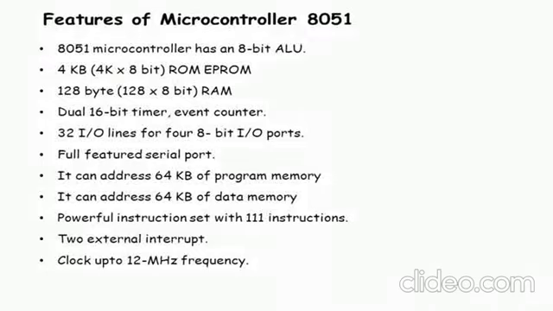Altogether you have 111 instructions. Then you have 2 external interrupts. Generally, an interrupt is nothing but, whenever a processor is doing its work and I give some external interrupt, the processor halts there and tries to do the work allotted by me. Whatever the interrupt was, it will jump to that vector address and do that work first. Then once it completes the interrupt, it returns to where it halted, and from there it starts to do its work again.